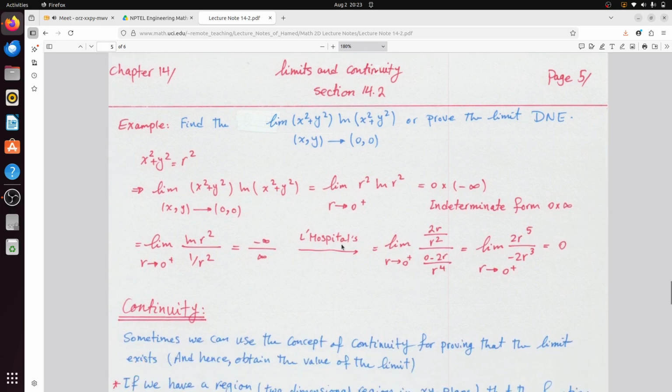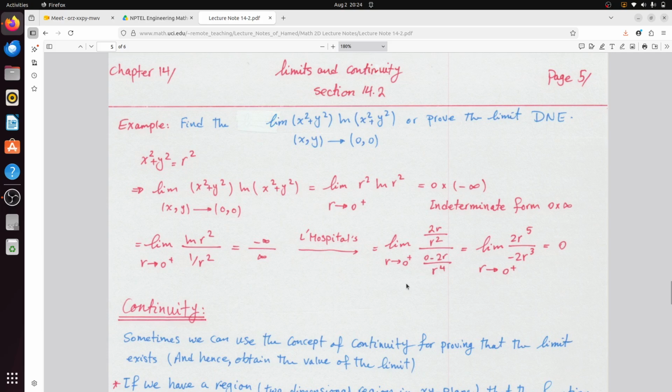So limit and continuity: find the limit of x square plus y square ln x square plus y square, or prove that the limit does not exist as xy tends to 0 comma 0. So x square plus y square equals r square, limit of x square plus y square ln x square plus y square. So limit r tends to 0 plus, r square ln r square. So that becomes 0 into minus infinity. This is an indeterminate form of 0 into infinity, so you can use L'Hopital's rule. You write it as ln r square by 1 by r square. So use L'Hopital's rule. It will give you limit r tends to 0 plus 2r by r square, and this becomes